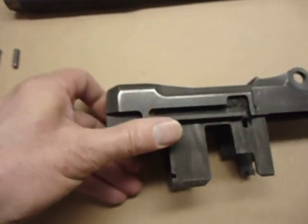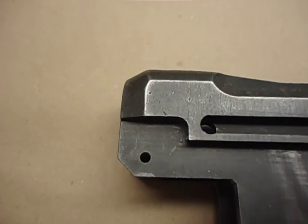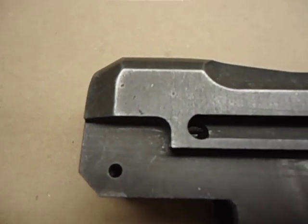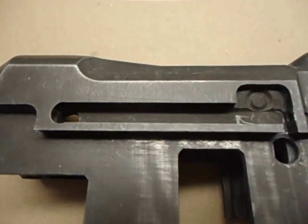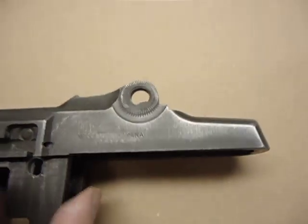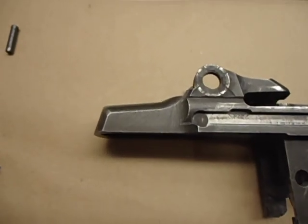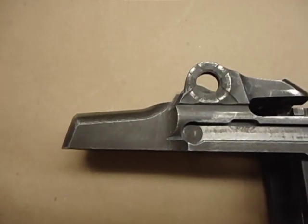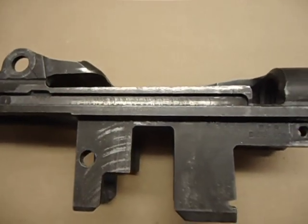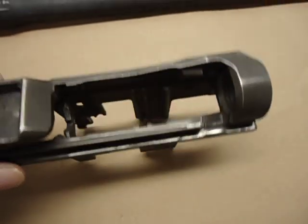The receiver has a couple of minor bits of damage, but nothing much. A few little minor dings and pits, but not much. Mostly just machining marks. We're going to be bluing this one for a change, as opposed to parkerizing, which they all were. So bluing is going to show up a little bit more as far as rough metal work or pitting or anything like that. So we're going to polish this receiver to remove any and all imperfections in it and make it look a